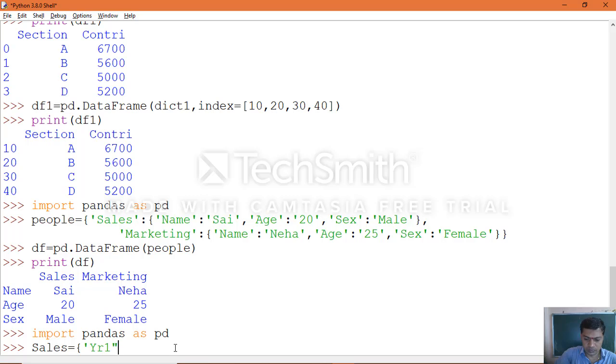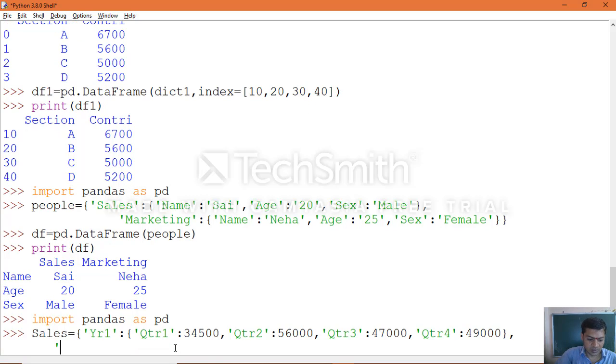Year 1, and the inner dictionary, quarter 1, the amount which was gained, comma, quarter 2, the amount which was gained, 56,000, comma, quarter 3, amount is 47,000, comma, quarter 4, which was represented 49,000. Okay, so that is the first dictionary.